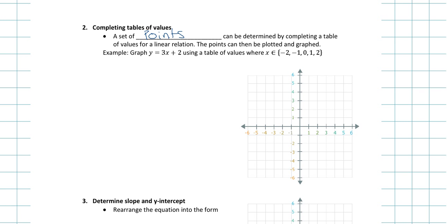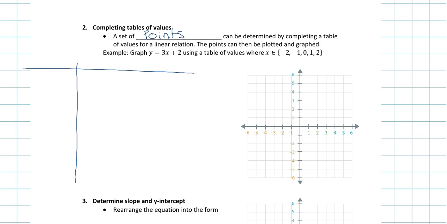So you have your equation, and the equation has x and y. We always call the x value the independent variable because you get to set it. You get to actually work with it. You get to change it. And the y always depends on the x. Okay? So what you do when you're doing a table of values, you're going to